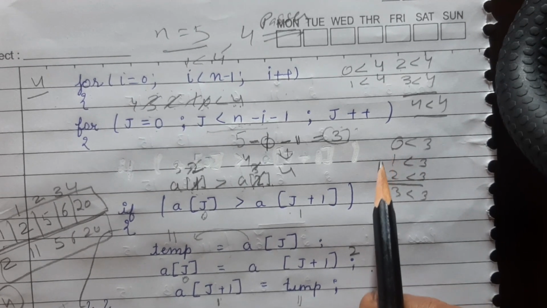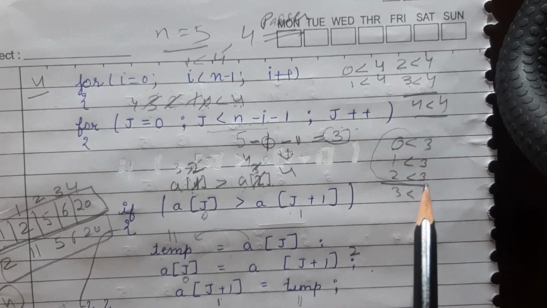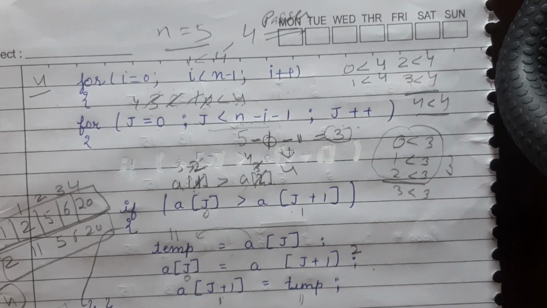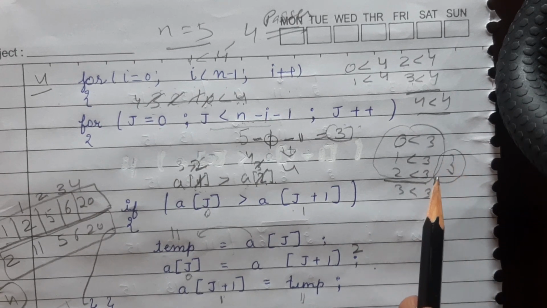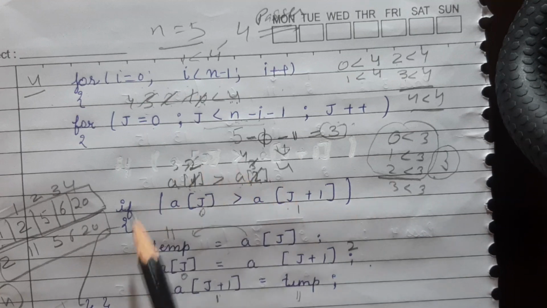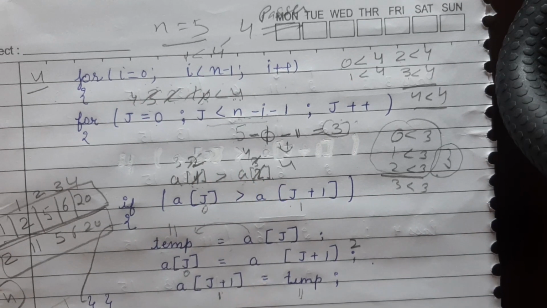So how many times is this loop executed? This loop is executed 3 times. And in pass 2, how many comparisons do we require? In pass 2 we require 3 comparisons. So in this way this will work. After this,